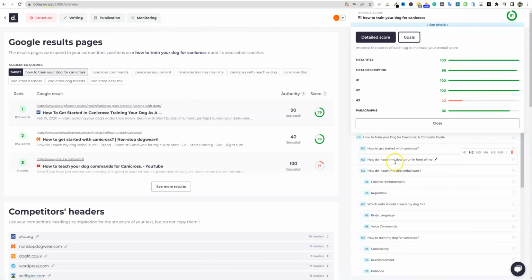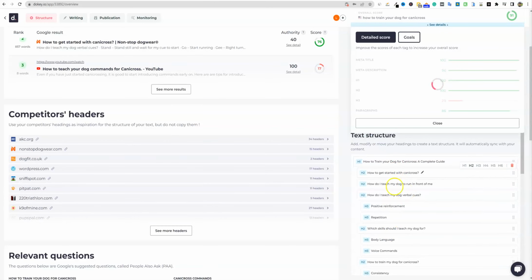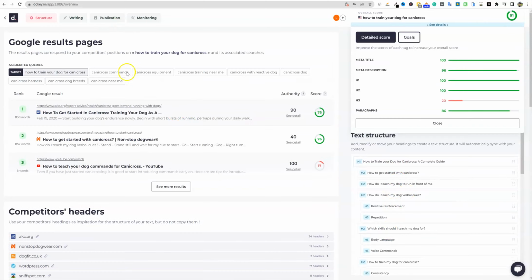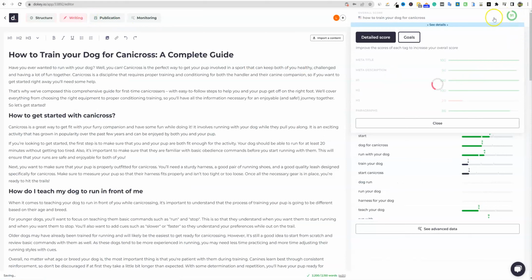If we go back over to structure and just look at this, we have a really good outline that we created right here that is going to cover the topic in full, which is pretty cool. But I do think that this score is probably a little too forgiving. It's right out of the gates. We probably shouldn't have a 91 score, and that's just something that I'm kind of seeing with this. Maybe they need to be a little stricter. I was thinking maybe a 60 or 70 before doing any optimizations. But let's continue and look at what's going on with the words and so forth.